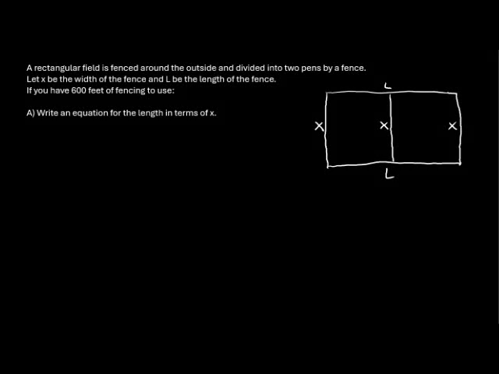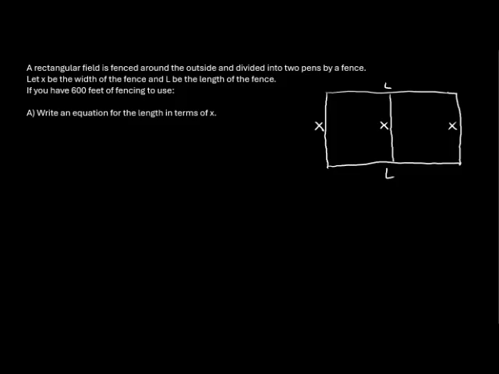Here we have a rectangle field, fenced around the outside and divided into two pens by a fence. We're going to symbolize the width of this rectangle with the letter X and the length of the rectangle with L. We're first asked, if we have 600 feet of fencing to use, write an equation for the length in